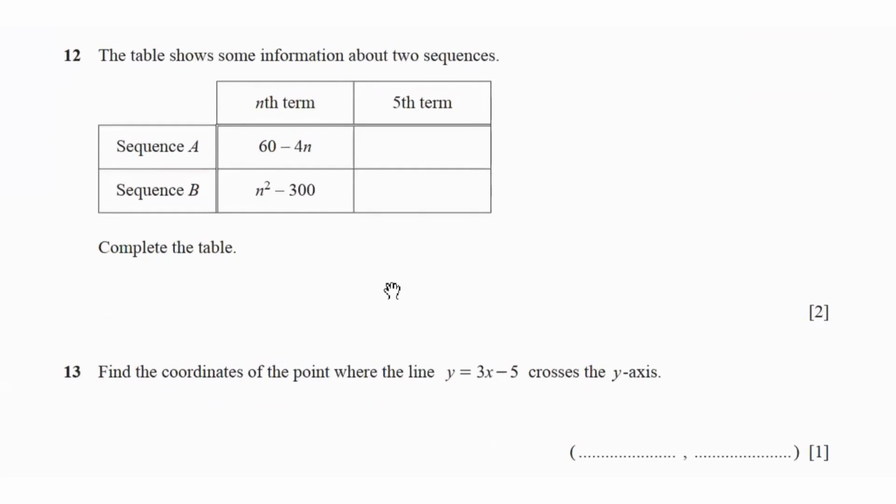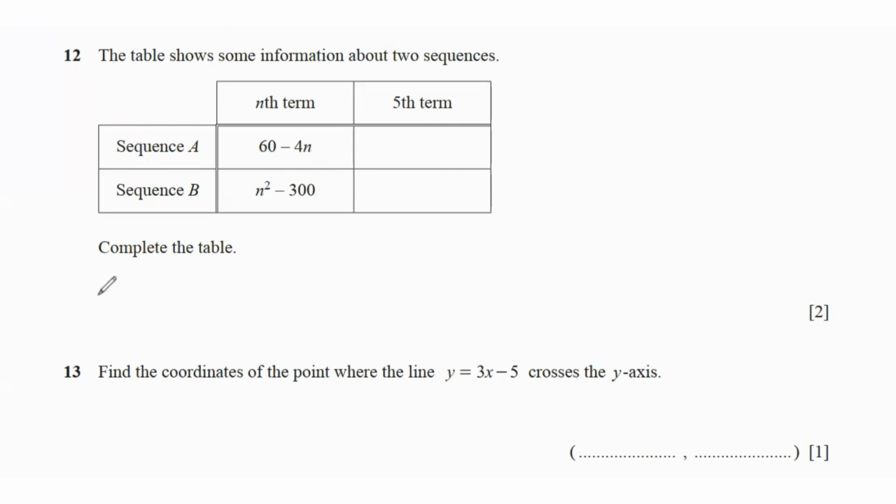Question 12 says the table shows some information about two sequences. So we have sequence A and sequence B. They're asking us to find the fifth term for both the sequences. So what you will do is just substitute n equals 5 in both the nth term equations